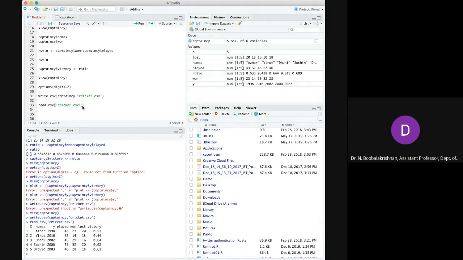So now you saw read.csv. Any Excel file can be exported to a CSV format, which we call comma separated value. The technical format is that these values are separated by commas in an Excel file. That's why it's a comma separated value. So Excel files can be exported to comma separated values, and you can easily read it in this software, where you can easily see it over here.